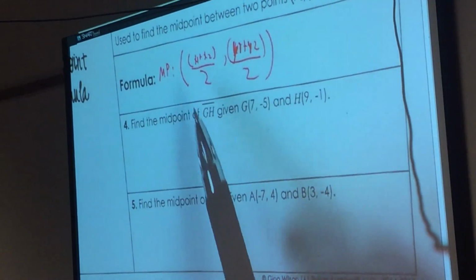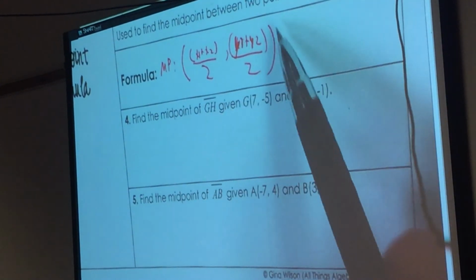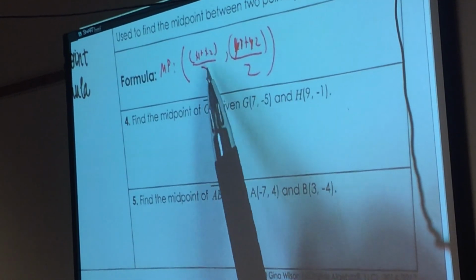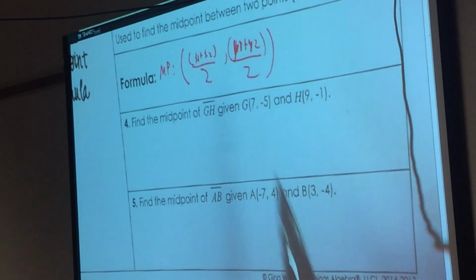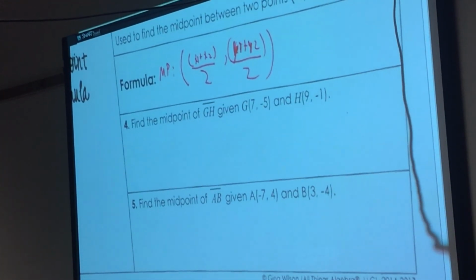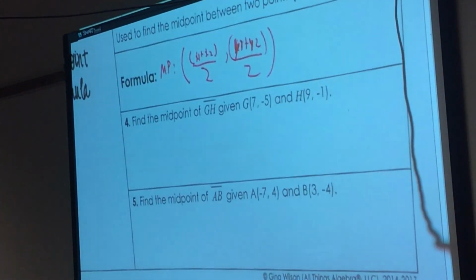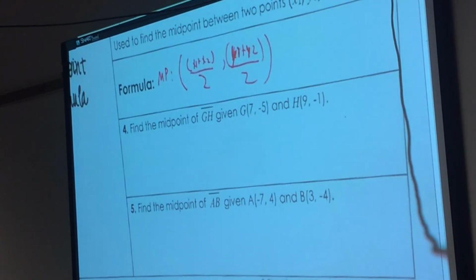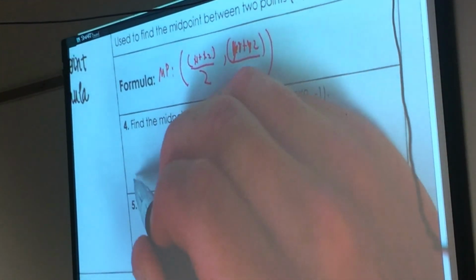If I look, I put 2 big parentheses on the outsides and a comma in between my left side and my right side. That's because with the midpoint formula, I'm making a point. I'm not trying to find a number, I'm making an actual point. So I'm finding an x value and I'm finding a y value. So if I do the midpoint formula